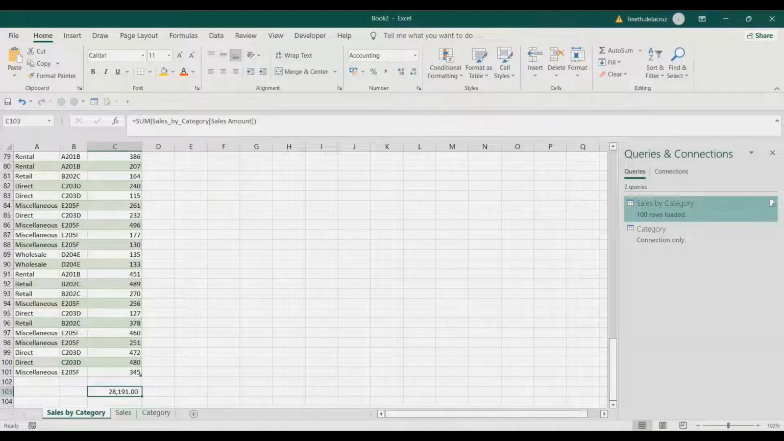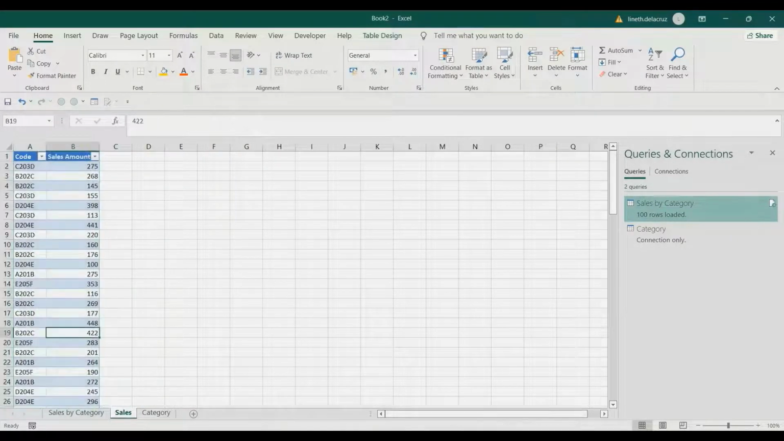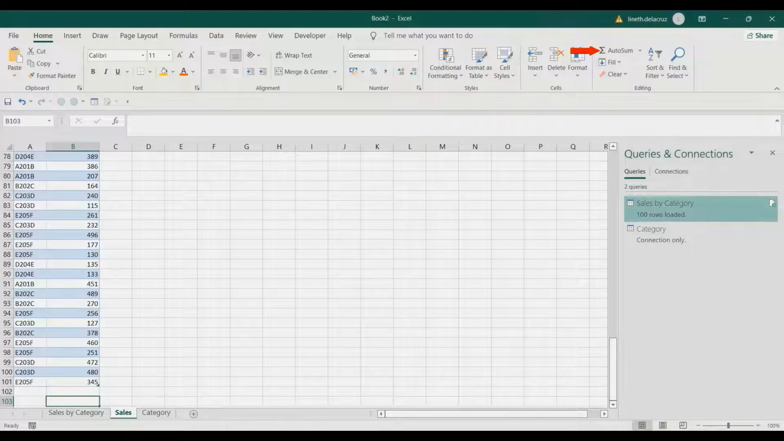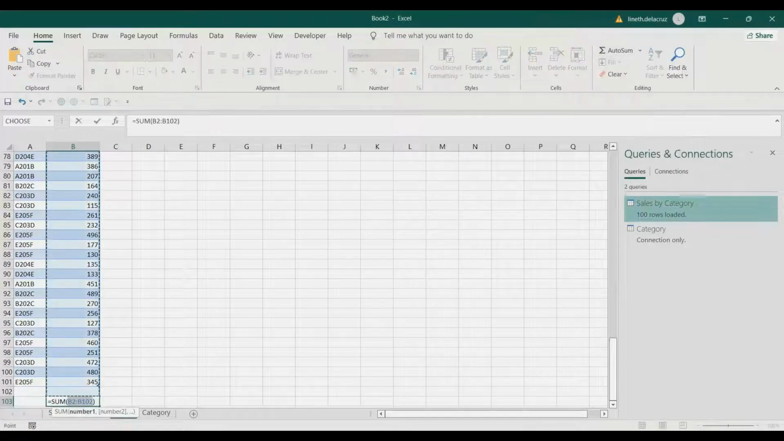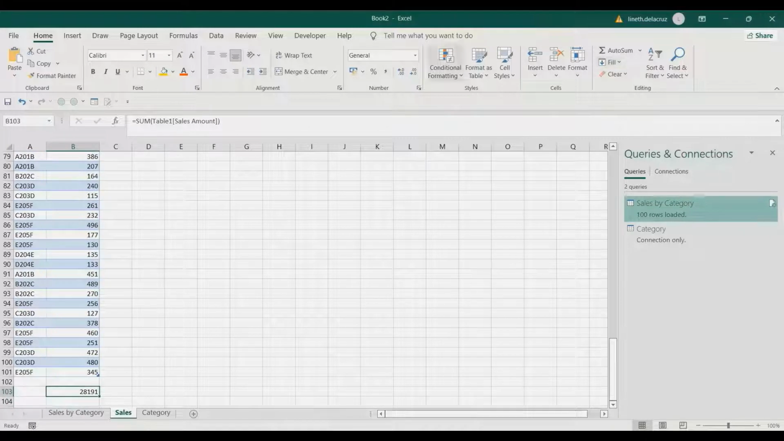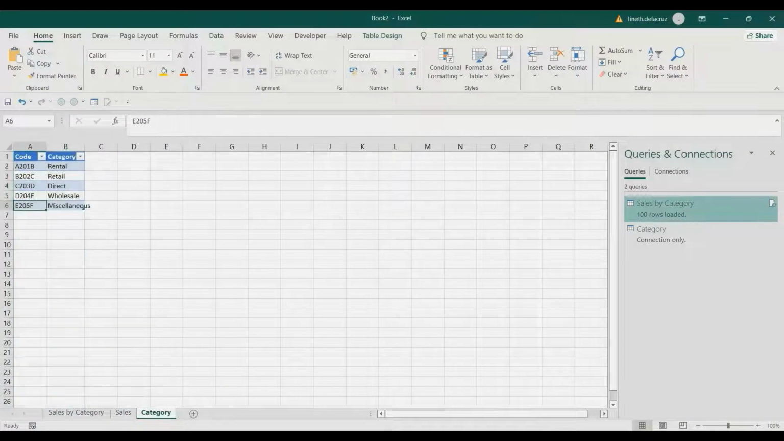Let's check the sales data, Sales sheet. So again, auto sum here, and let's check it, 28,191. So no problem because the data are perfect. Now here, the problem will be if you have duplicates in the source data category. So when you duplicate that and then hit the Data tab and